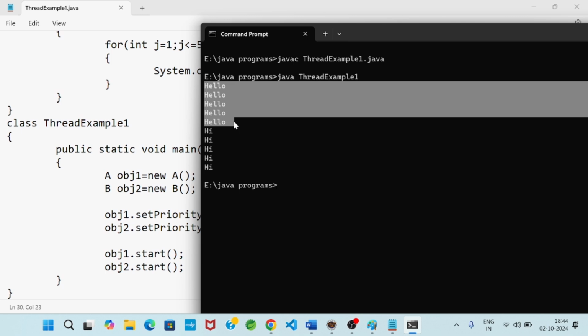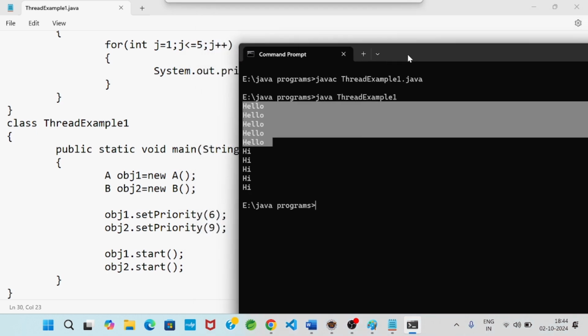Because obj2.setPriority(9), obj2 is the object of B thread. So B thread priority is 9, we have set explicitly. A thread priority is 6. So the higher priority thread executed first, from this output we are observing.